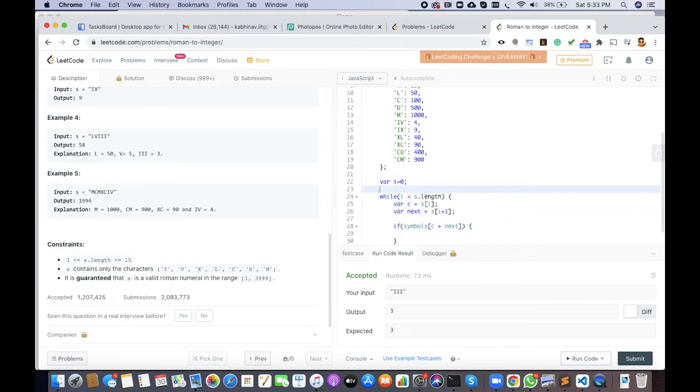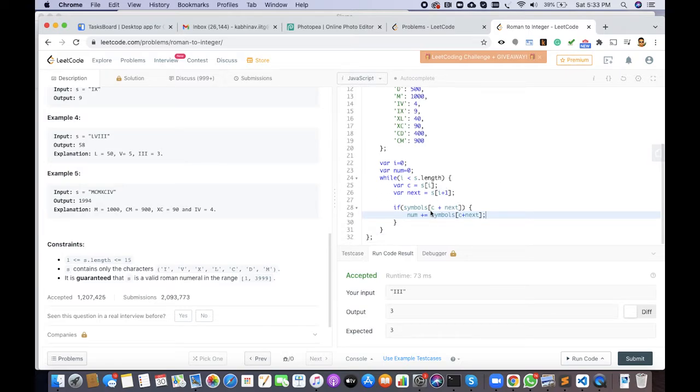we'll have the output number where num equal to 0. We'll do num plus equal to symbols[c + next], if it is found, and we will increment the counter by 2, not by 1.